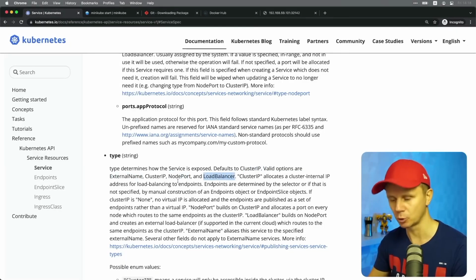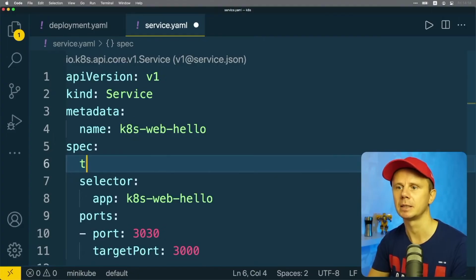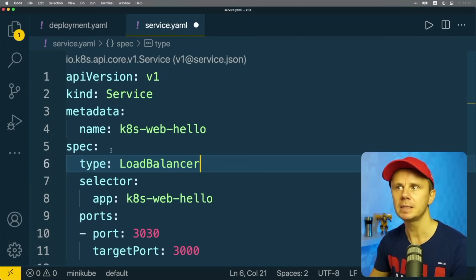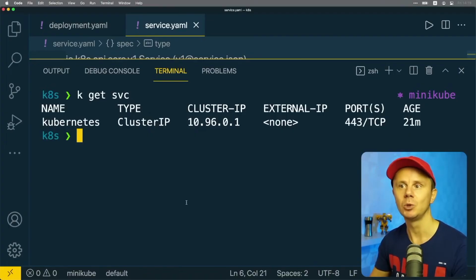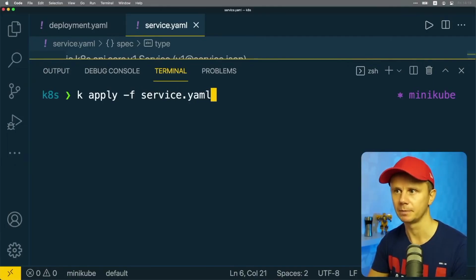Let's set type to load balancer. Let's go back to our configuration file, and here in spec, let's set type to load balancer, like that. That's it for this service specification. Let's save changes in this file, and let's apply this using same command as before. kubectl apply -f stands for file, and here type service.yaml. I'm still inside of the K8s folder. So let's apply service YAML file,